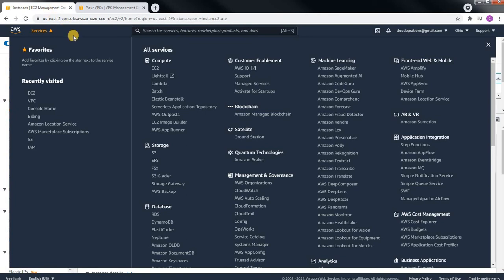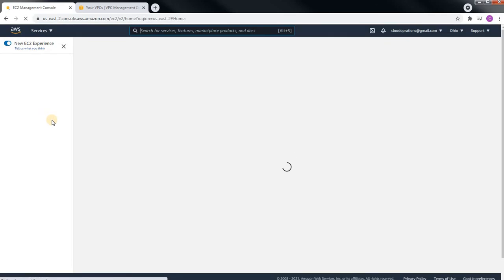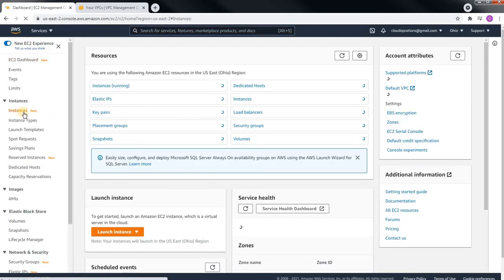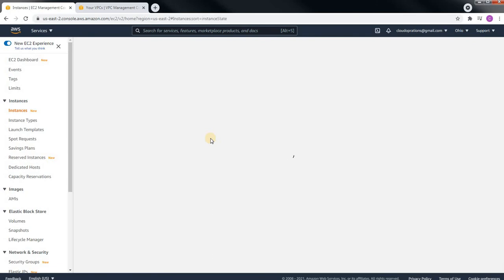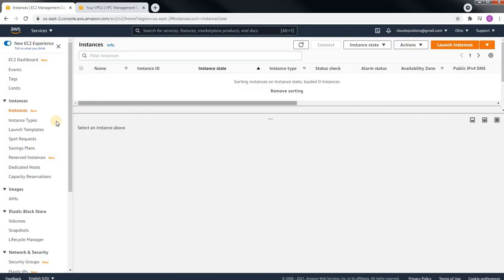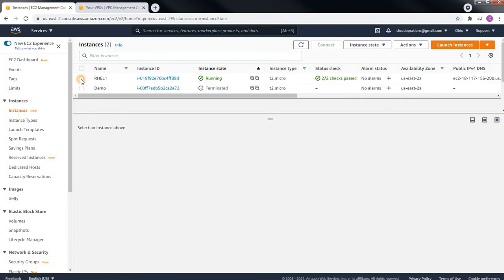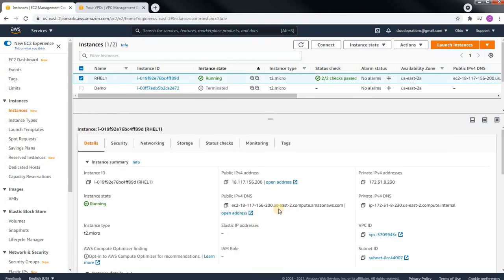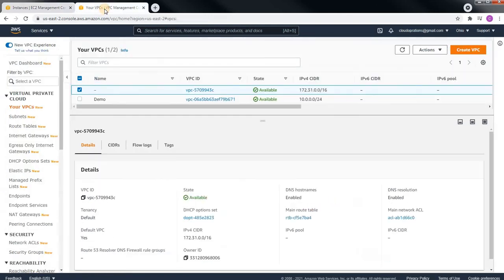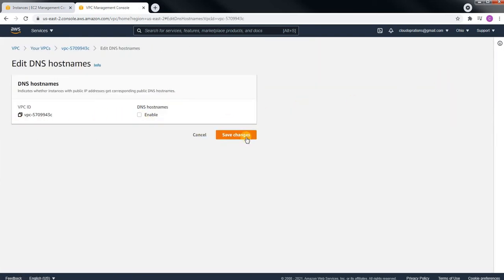Let's go back to EC2 instances and see our public DNS. You can see here the public DNS is already enabled. If I want to disable this, it is the same process: go to VPC, go to actions, select your VPC, edit DNS hostnames, and uncheck this.